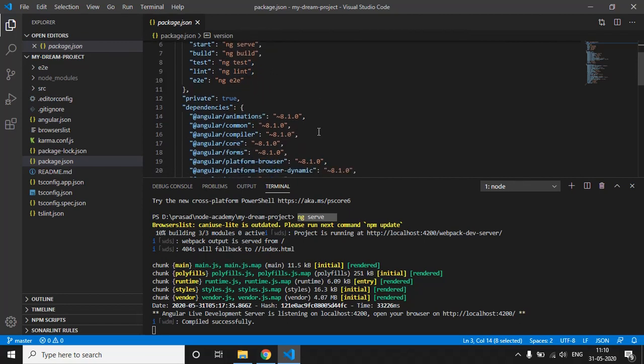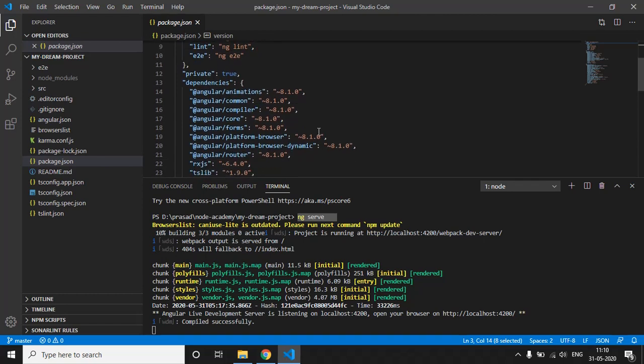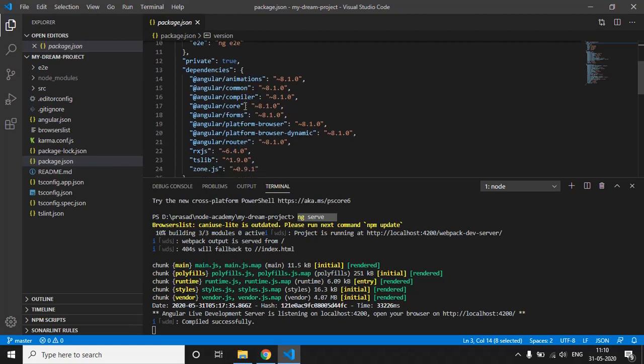Also, the package.json file contains the list of all the libraries used in our Angular application. Whenever we execute npm install or npm i, it will install all the libraries which are mentioned in this dependencies object.